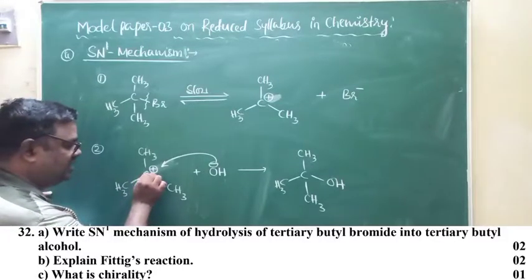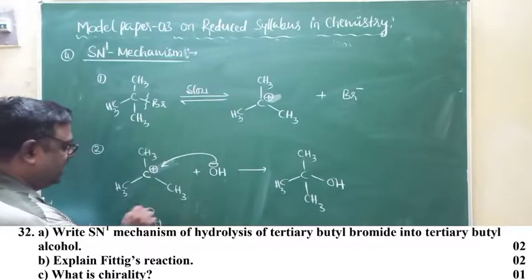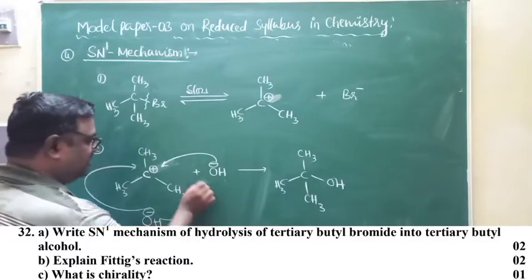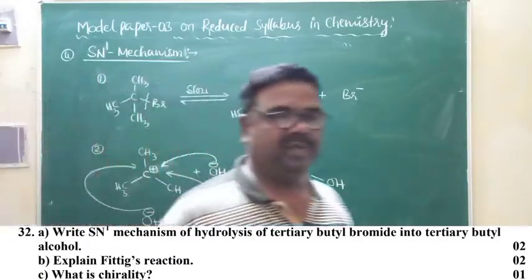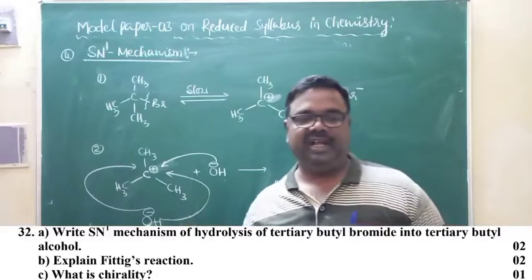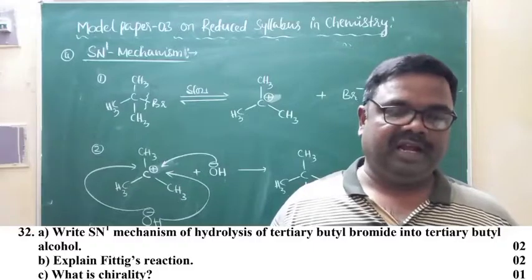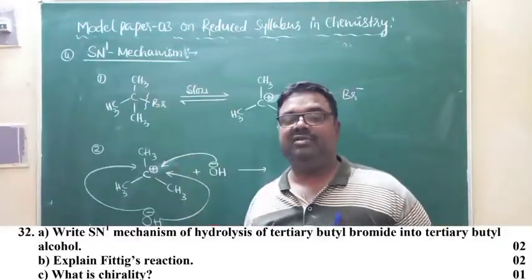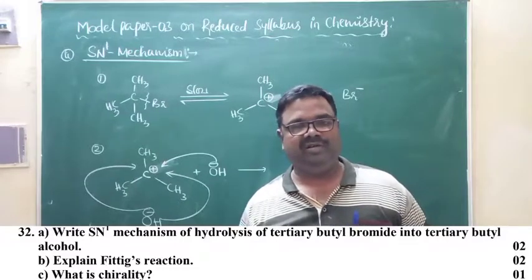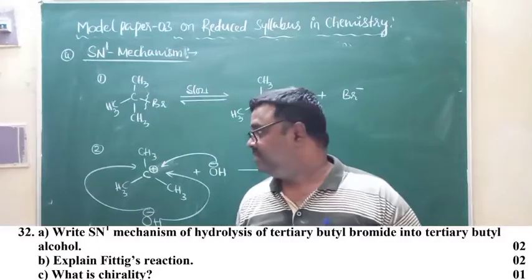And this carbocation is characterized by sp2 hybridized carbon atom, and it is planar. Because of that, OH minus can attack carbocation above the plane as well as below the plane equally. Thereby, there is always a chance of formation of 50% D isomer and 50% L isomer in the case of optically active haloalkanes. And that's why SN1 mechanism leads to racemization, we call it as. Yes, that is SN1 mechanism.